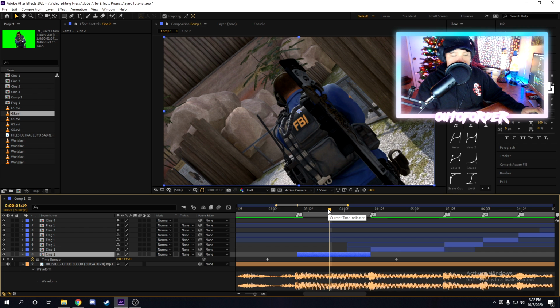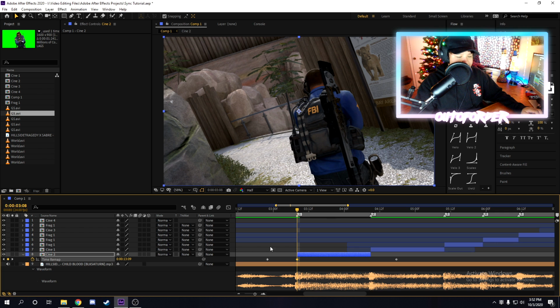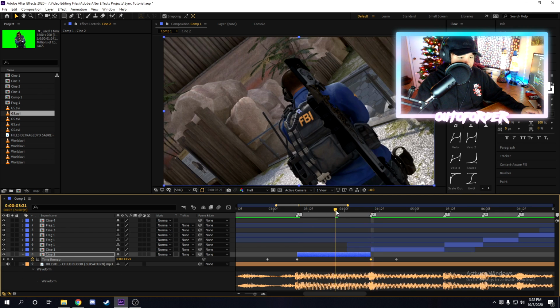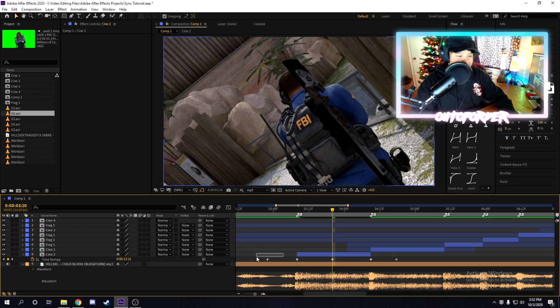Once you do Control-Alt-T, it'll enable time remapping. And what I like to do is place a keyframe at the start of the clip, at the end of the clip, and in the middle, and then delete the other 2 remaining keyframes that were there at the start, unless it's at the beginning of the clip. If you're doing the beginning of the clip, then you don't need to delete it, otherwise it'll screw everything up. But anyway, once you get your keyframes, so I made 3 keyframes right here,